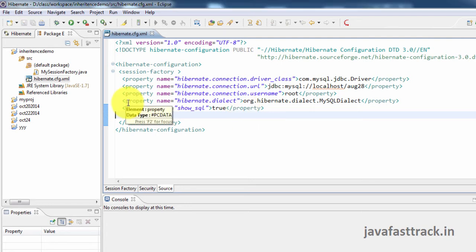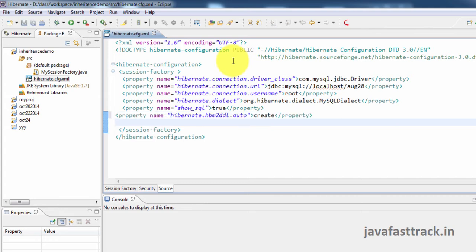The most important thing in the Hibernate configuration file is you should add this property: hibernate.hbm2ddl.auto. From mapping, automatically tables will be created. DDL is data definition language. Hibernate mapping to DDL auto create means Hibernate can automatically create tables based on the mapping, whatever I am going to do.